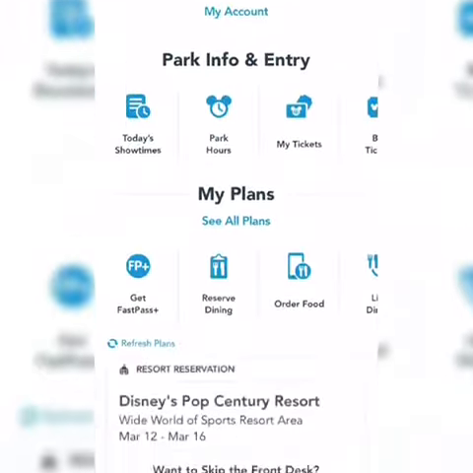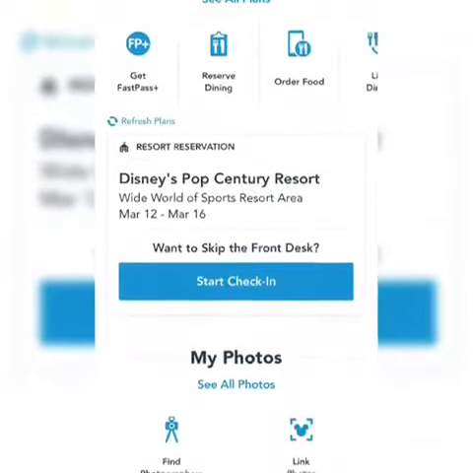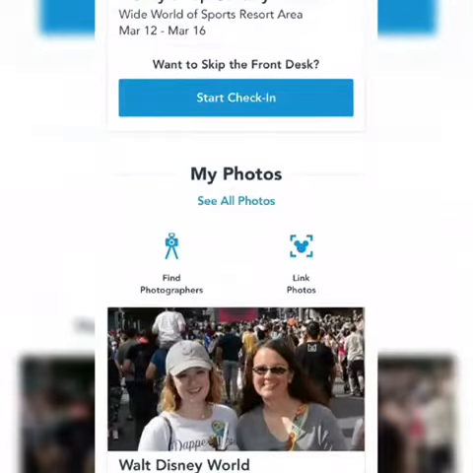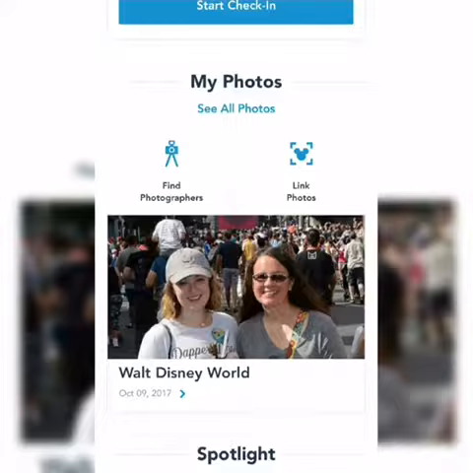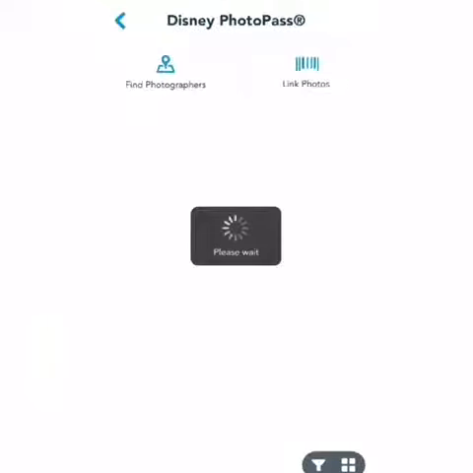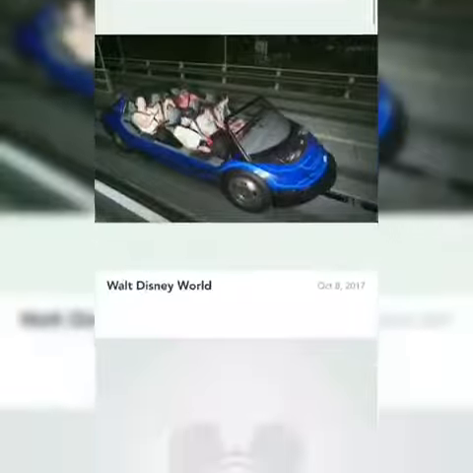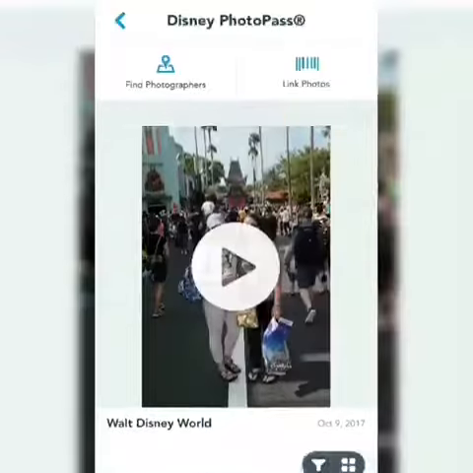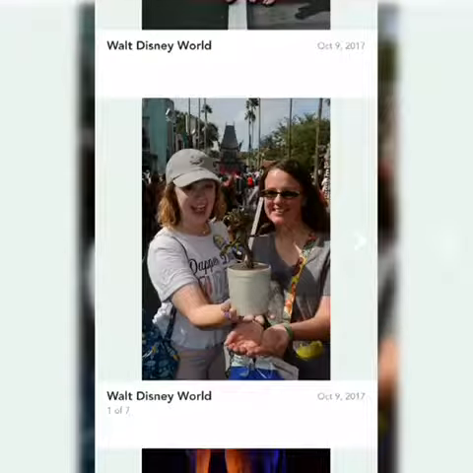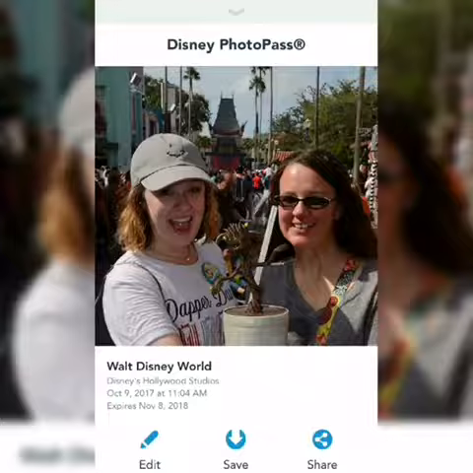it'll pull up all of your My Disney Experience options, and you'll want to scroll down until you see My Photos, and then go ahead and tap on See All Photos. And that'll open up all of your pictures that you've taken with My Disney Experience that you've scanned on your Magic Band. They'll be sorted by different photo pass sessions, and you can click on any of those and that'll